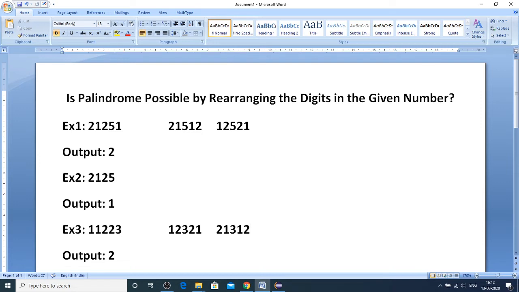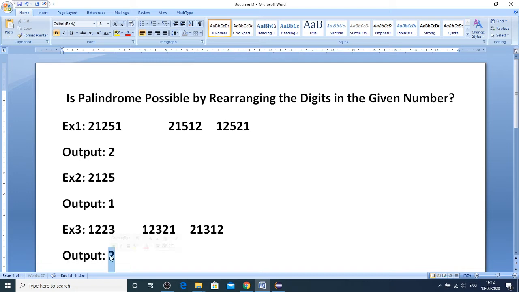So this is how you are supposed to rearrange the digits in the given positions, and you are not supposed to remove any digit from the given number. And if you are able to get a palindrome number with the rearrangement, then you should return 2, else you should return 1. So this is what you are supposed to develop. And suppose, just observe, if I am removing this 1, that is 1223, now what should be the output?